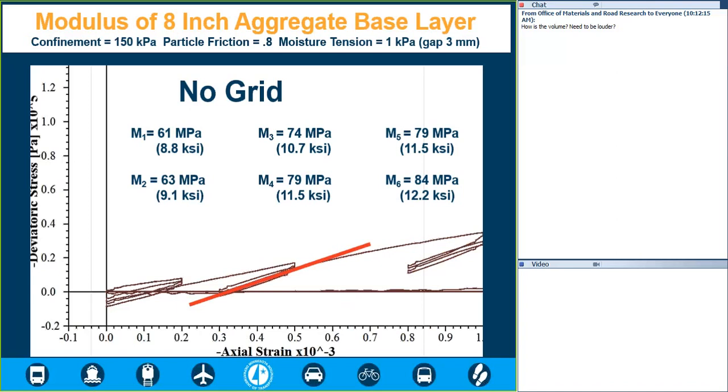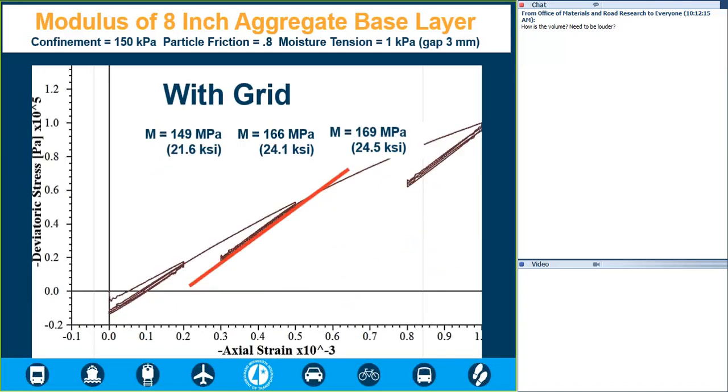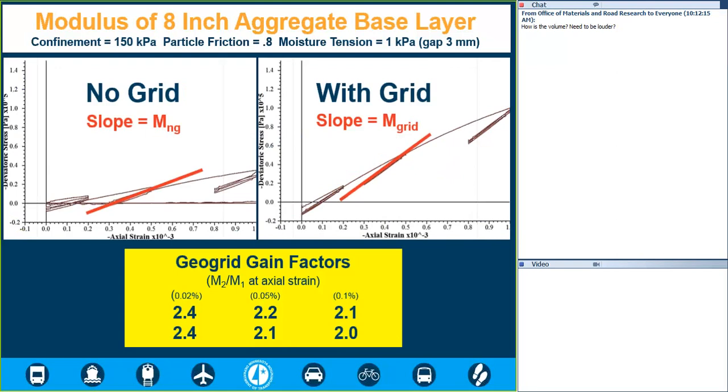If you look at that red line, this is without the grid, no grid. Here's with the grid. Again, we're doing this cyclic resilient modulus testing, and we see a benefit due to this grid. This is the change in stiffness with and without the grid. If you compare those two things,